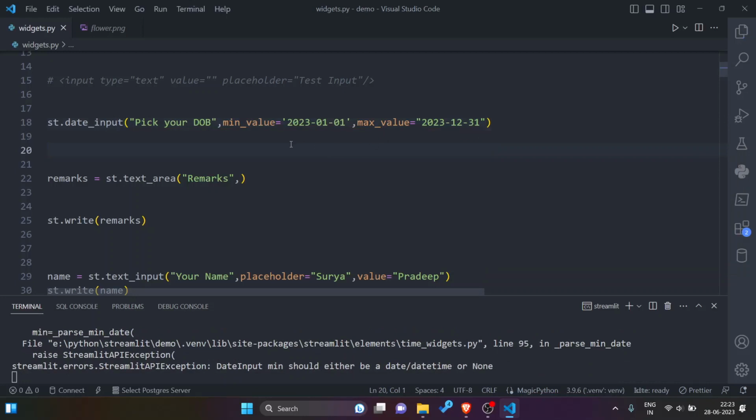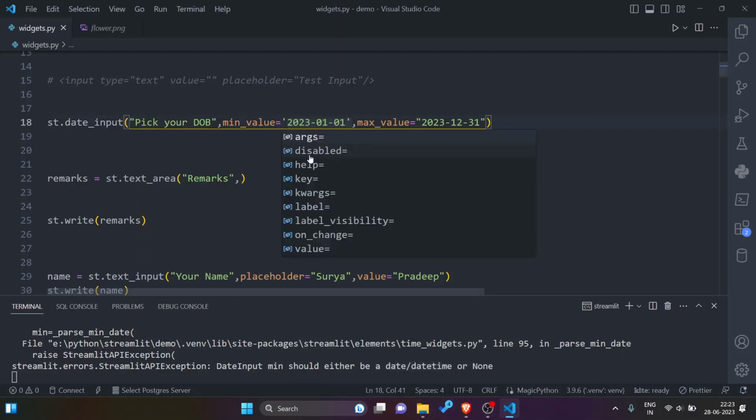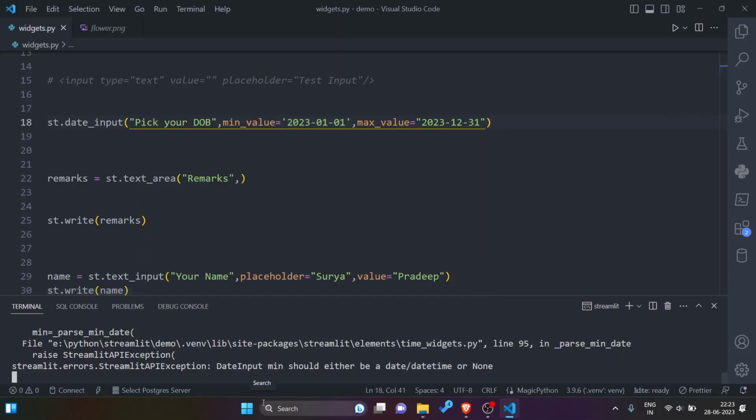So let us see. Okay, so the format should be in the form of date time. So the error is like this, minimum value and maximum value should be in the form of a date time object. So let us create a date time object for this.